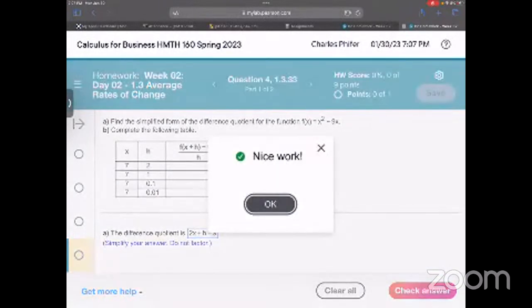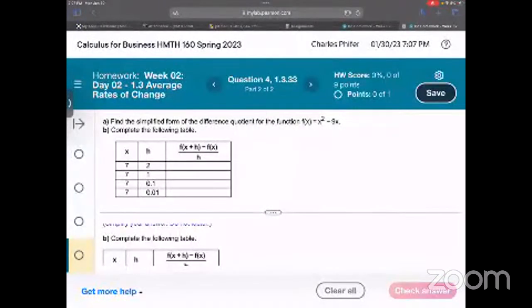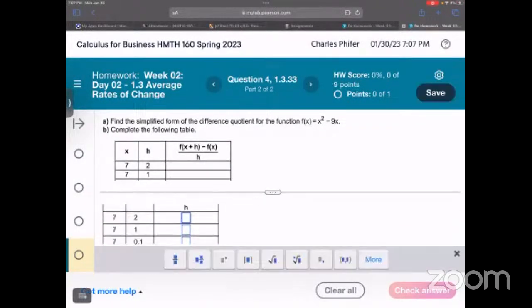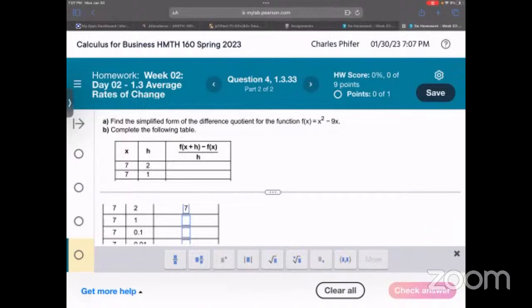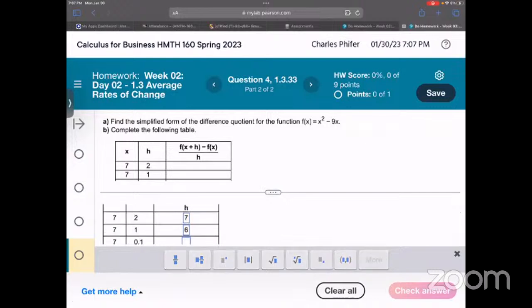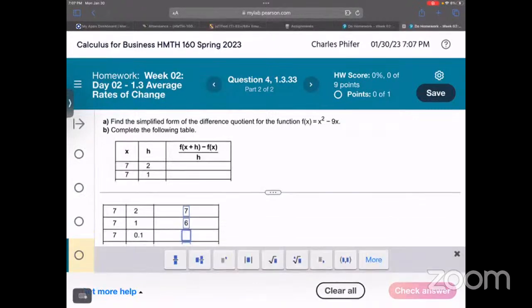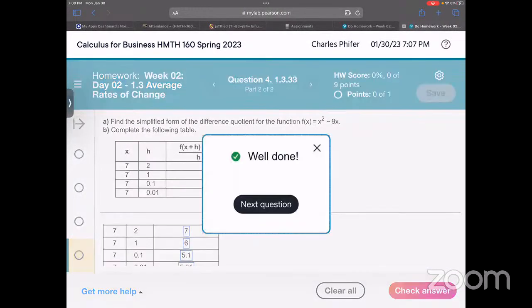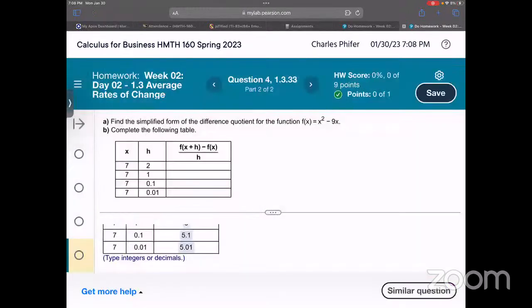So then basically because the 7 was consistent, it was 5 plus those h's. So 5 plus 2 was 7 there. And then 5 plus 1 was 6. Okay, so let's do this thing. 6. Totally being temperamental. 5.1. And 5.01. Okay. Let's try to get one more in. And then we'll see how you guys are feeling. Oh, it must be because it's late.